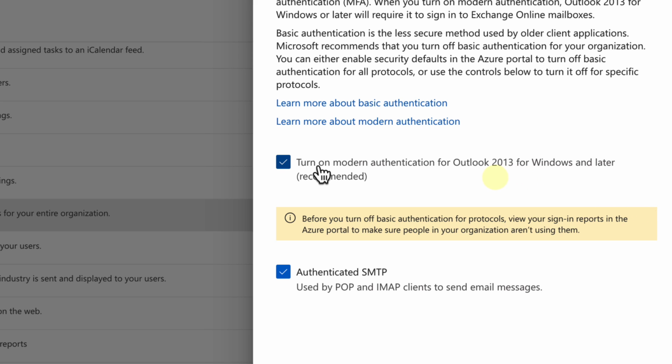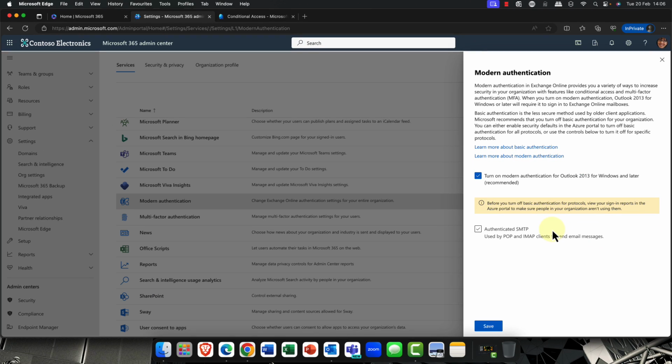However, many clients out there might still have support, in this case, for classic authentication. So this is something that you probably want to switch off. And you might say to me, well, Andy, that's fine, but we still have some of those clients. The problem with that, of course, is that you really are leaving yourself open to potential attack.